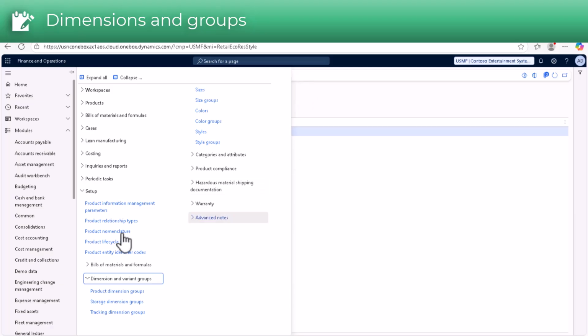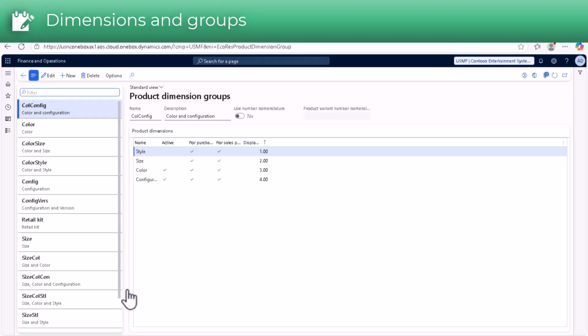You have to go to Product information management, then Setup, and Dimension group and variant, and you can see that the product dimension group is there. From here you can select the product dimension group. In this form you can edit the name and description and save it. You can also create a new product dimension group. It will display the product dimensions in the lower tab as shown. You can see here you can select the size, color,